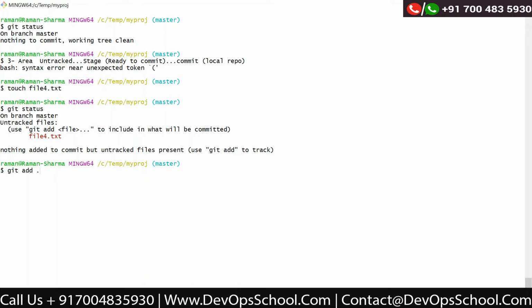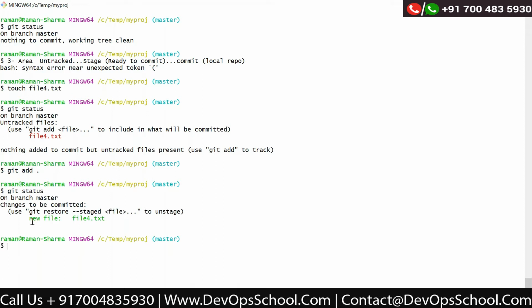When you put dot, all the untracked files will go into the stage area. I have only one untracked file, so I can use this command. Now the file goes into the stage area, and you can see it by the color also. If it is red, it means it is untracked. And if I say git status now and it is green, it means it is in the stage area.